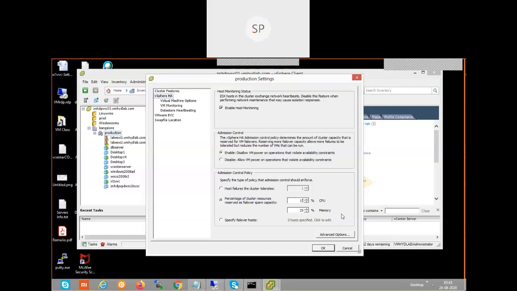When we need to configure HA, because again memory is also 15%. We configure it according to the criticality of the server load, the VM load running on the respective cluster. If it is a test environment, there is no downtime, even if servers go down it doesn't make any sense. Then okay, no issues, no need to configure HA.